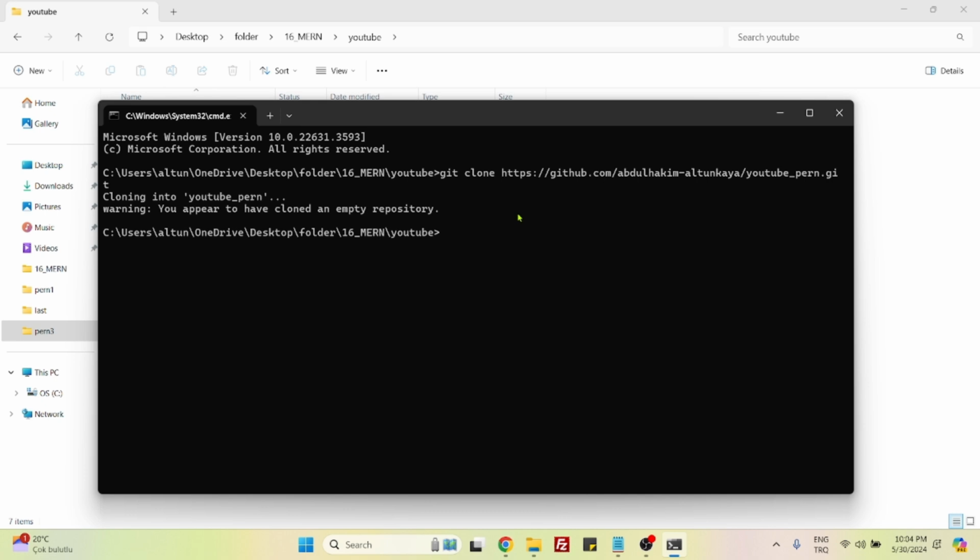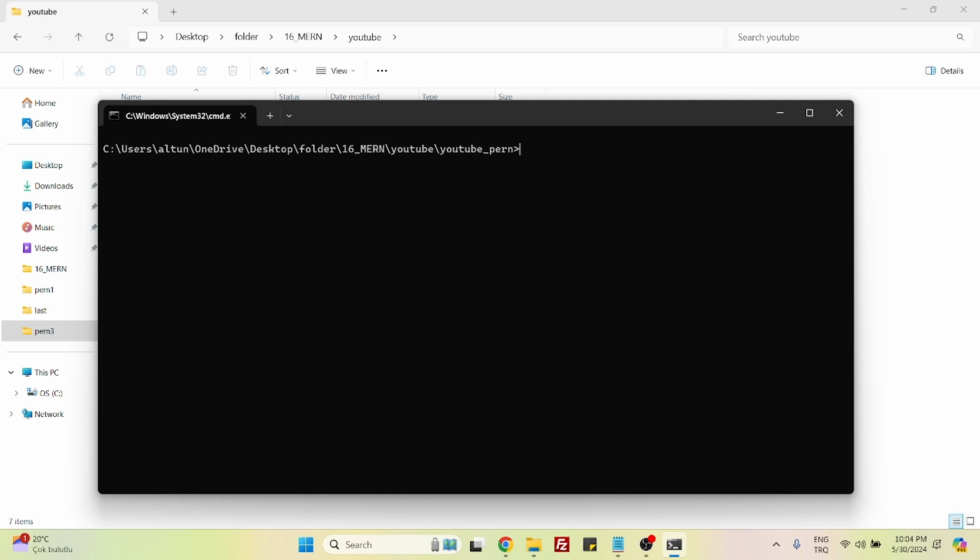Later we need to copy the project folder name which we have just created, and in my case it's called PERN. Go inside it, that's nice, clear up the console. We will first create the backend part of our project and later we will create the front end. And for that reason I will be initiating an empty package.json file for the backend, npm init, yes, and we will also install